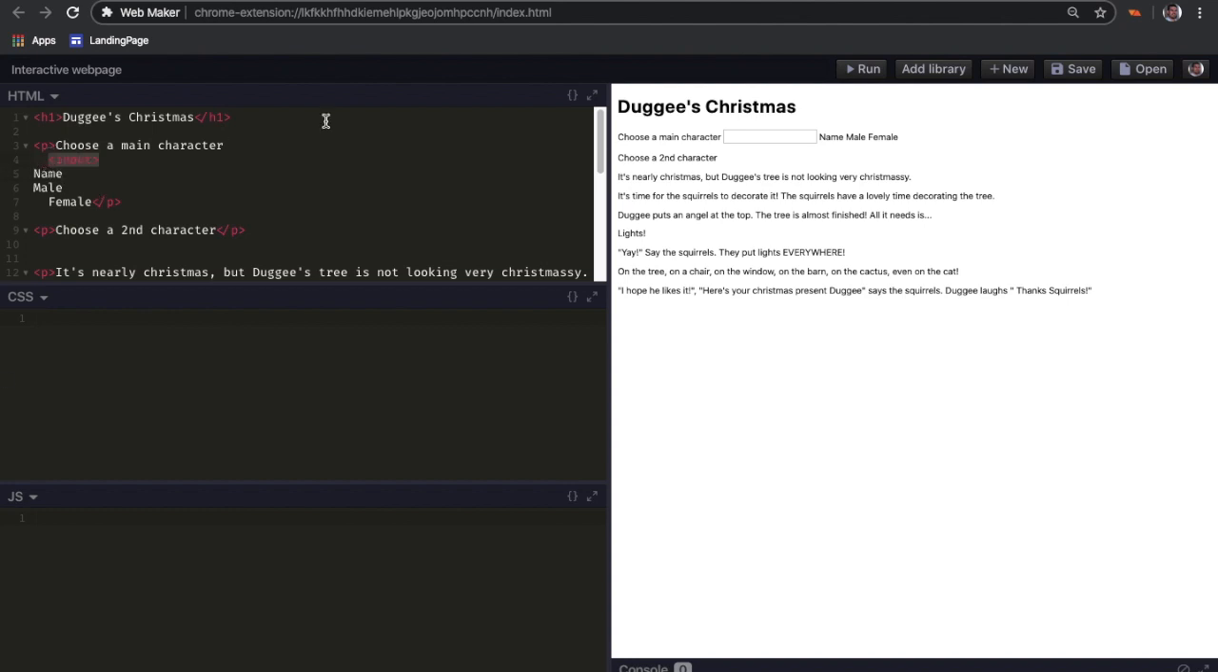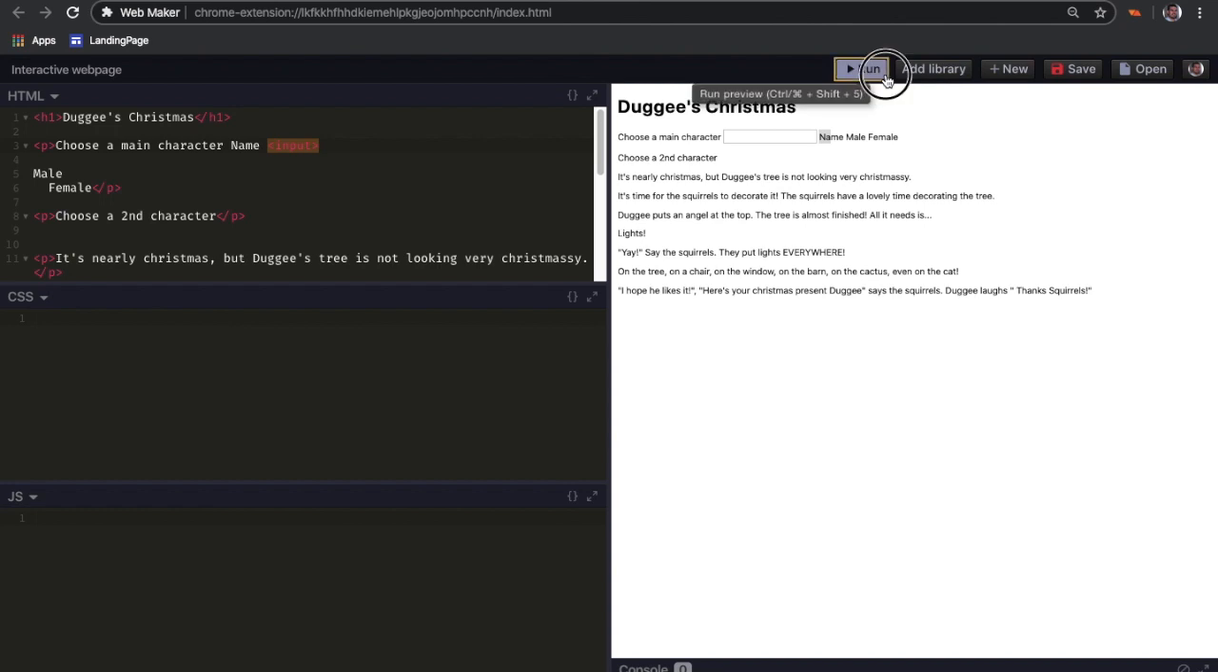So where I've put my drop down box is before the name. So I just need to shuffle this name around. So it's here. And we'll refresh. Choose a main character, name. And if I want a space between there,